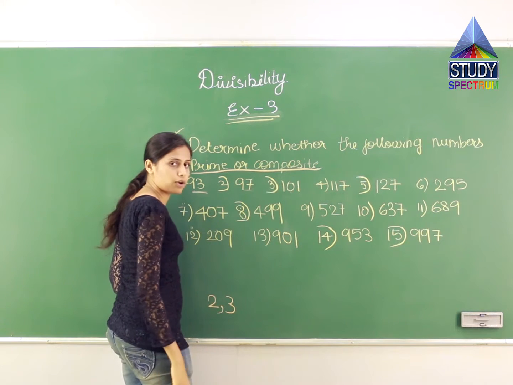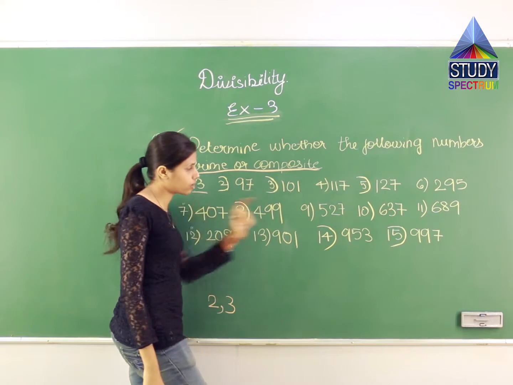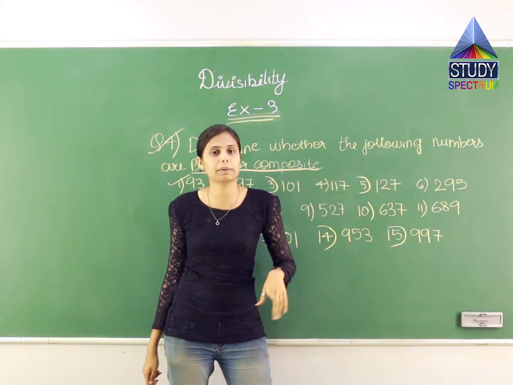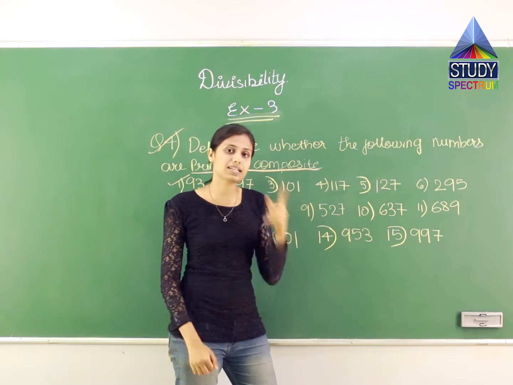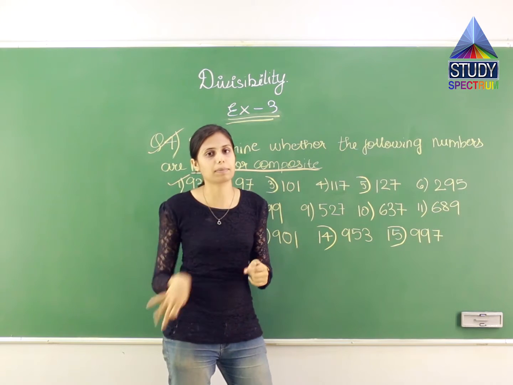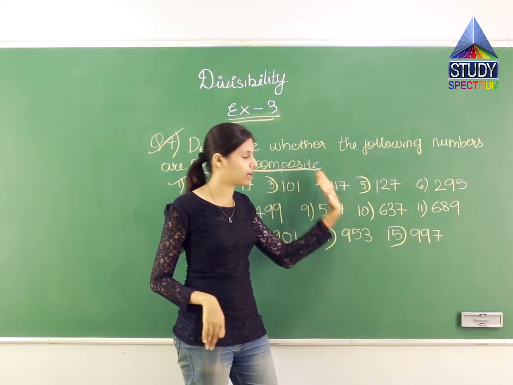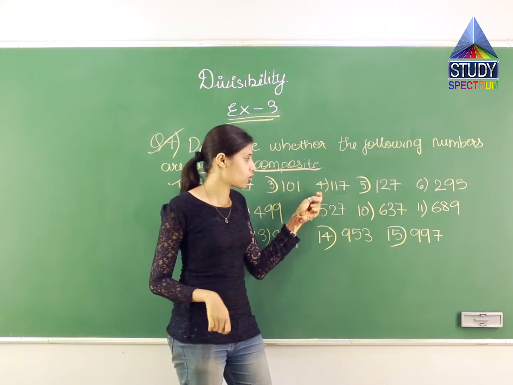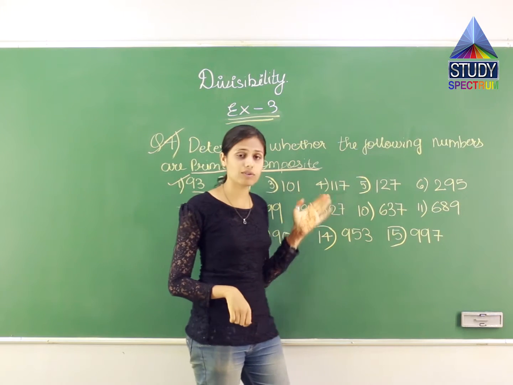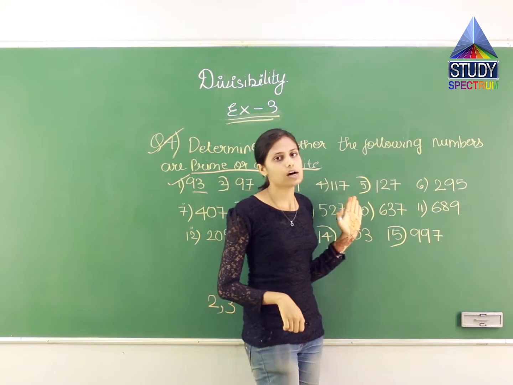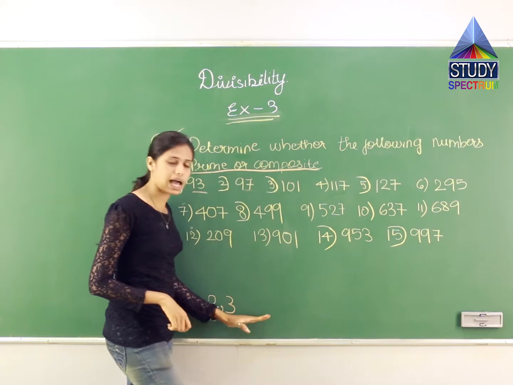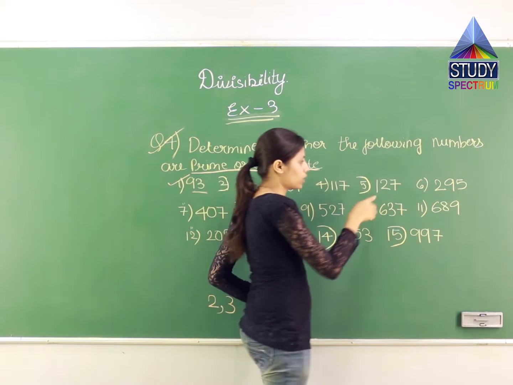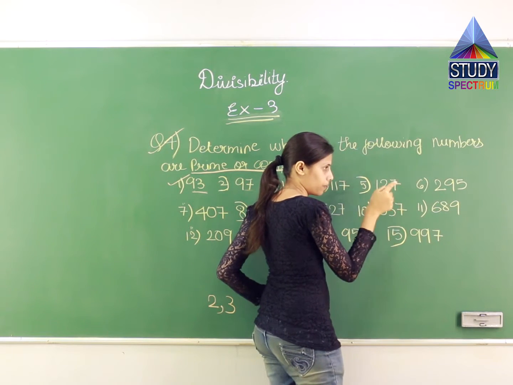Means is it a prime number or composite? Composite number, because it comes in the table of 117, of 1, and of 3. Means this is a composite number. I just want one number except 1 and the number itself. So I left 1, I left 117, then also it comes in the table of 3. So 117 is a composite number. I won't write it here because I am writing the serial numbers of only the prime numbers.